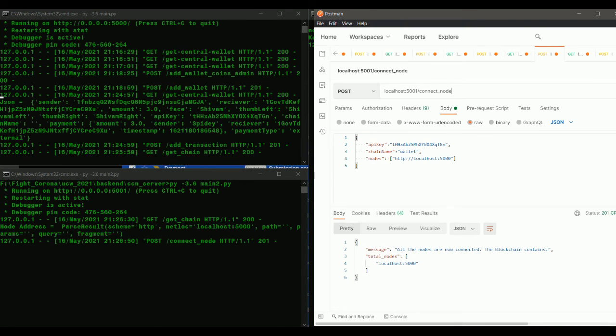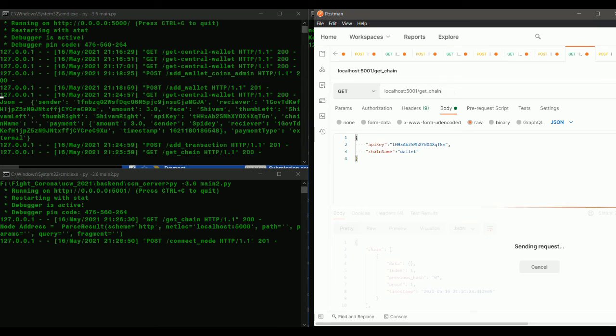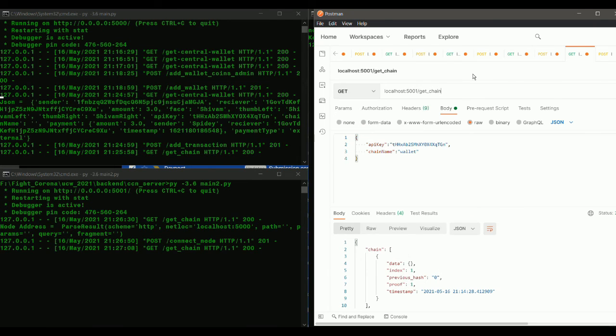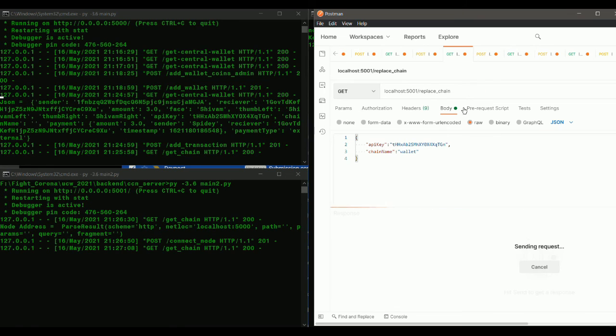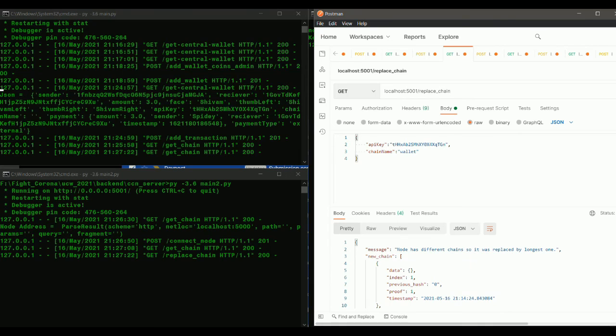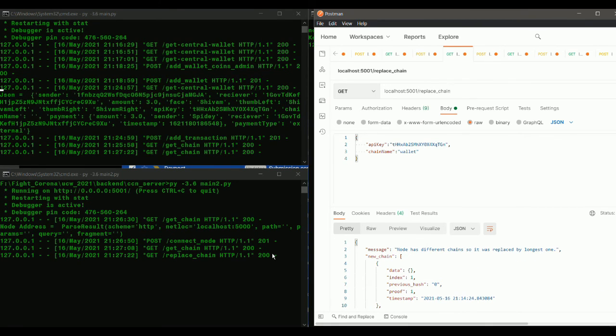The blockchain contains these two nodes, basically these nodes, and because 5001 is a self node, it's not showing it here. But if I get the chain again, I'll get the same chain again. The reason for that is there's one more command which is replace chain, which looks for the biggest node and then performs the integration. So if I hit enter, and now you see it has been replaced, and now the new chain has the entire thing. So in this way it gets decentralized over different nodes of a CCN network,